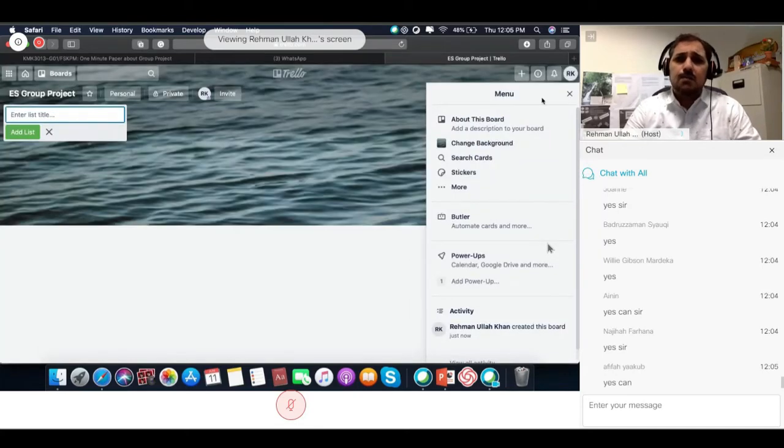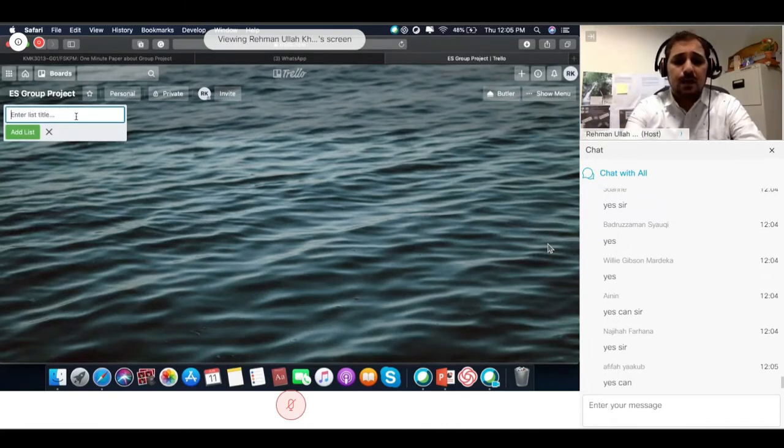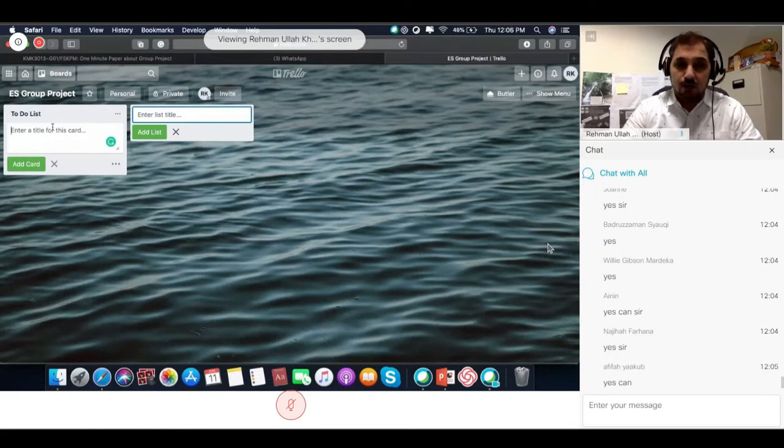Several components in this way, like a to-do list. So first you will have to create a to-do list. In this to-do list, you can add what you will have to do. For example, number one, selecting a topic.